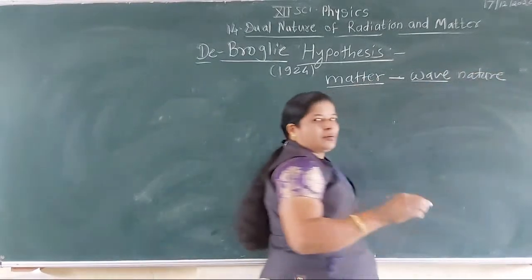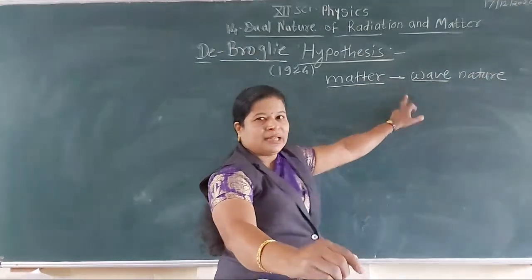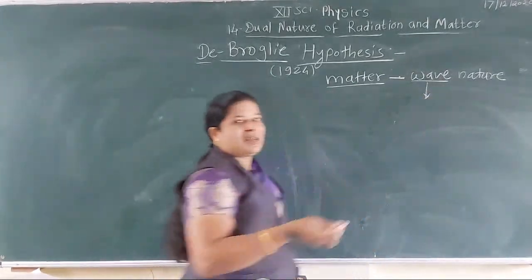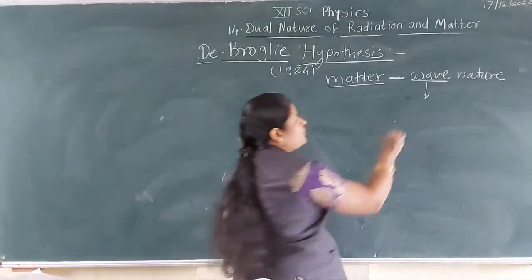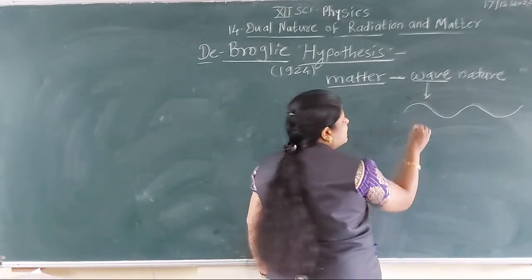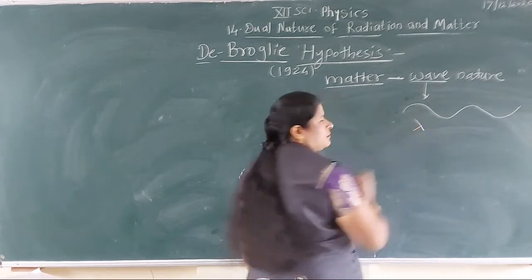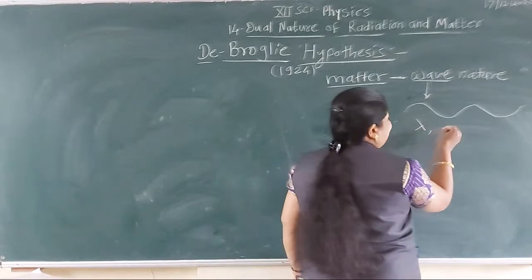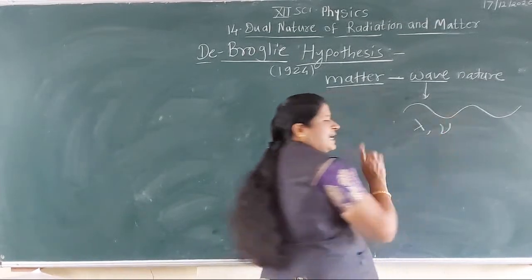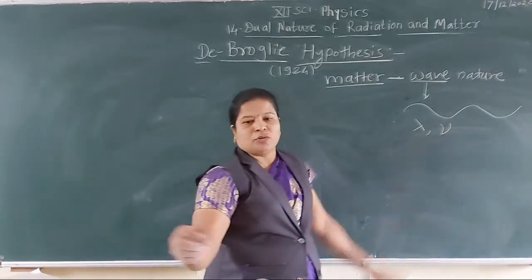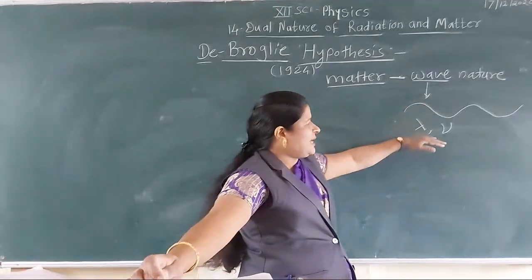Now, we know that a wave consists of physical quantities. If this is a sinusoidal waveform, it consists of wavelength and frequency. In case of light, frequency we show by nu. So wavelength consists